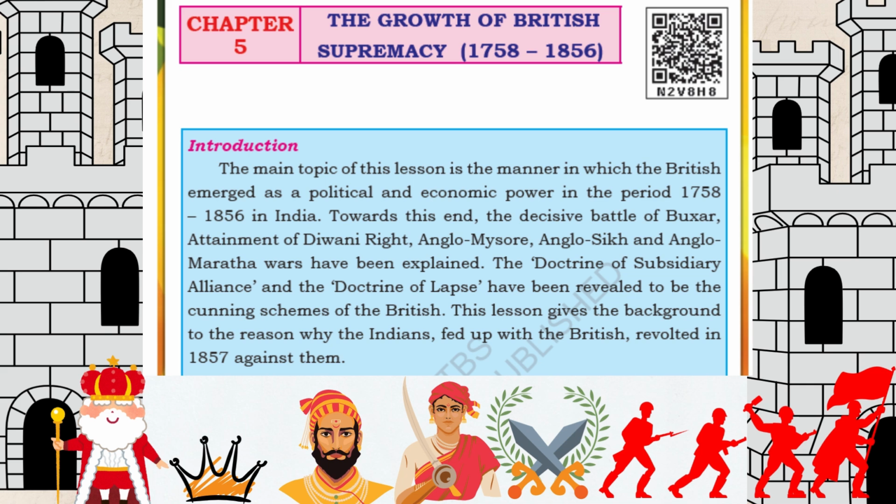wars have been explained. The doctrine of subsidiary alliance and the doctrine of lapse have been revealed to be the cunning schemes of the British. This lesson gives the background to the reason why the Indians, fed up with the British, revolted in 1857 against